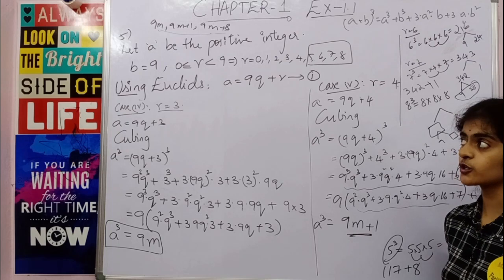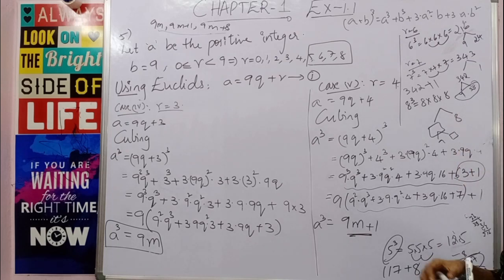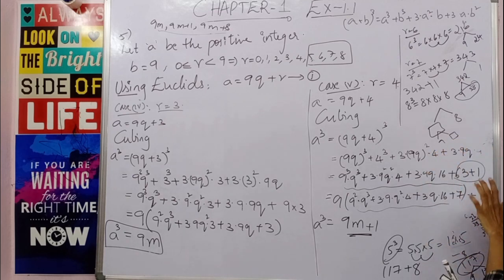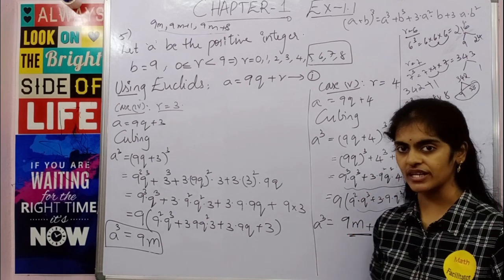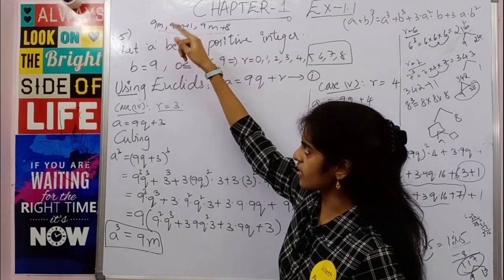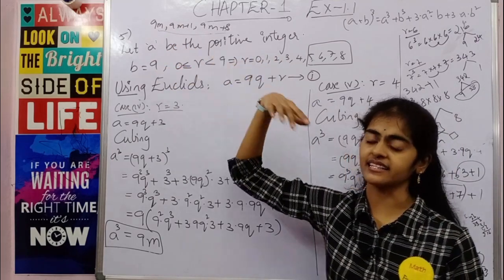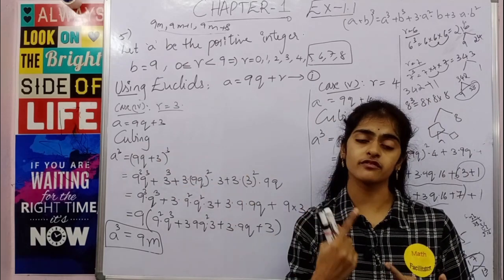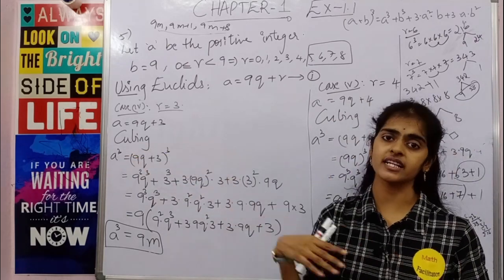Okay, so I want you to do this problem. The same thing, and I have also explained how to split the terms. Only the n terms will give you problems; all other terms will have 9 as common, so you don't have to calculate them also. Okay, so this model is really important for your board exams. The only thing you have to remember is, seeing the question, you have to write the b value. Okay, and in the question if they are asking you the square of a number, you will square it. If they are asking you to find the cube of the number, you will cube it. Okay, depending on the question.